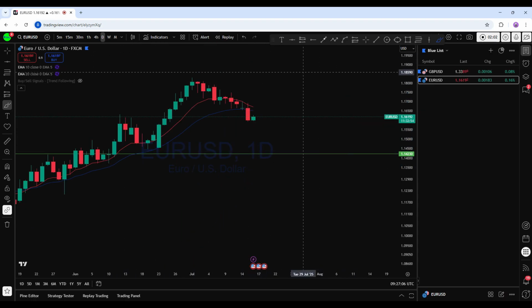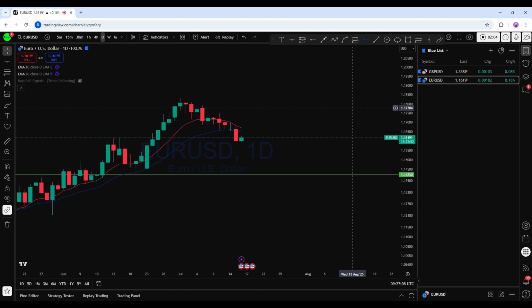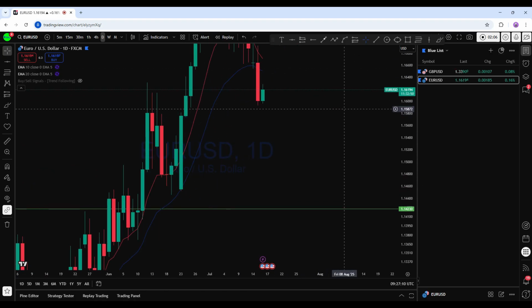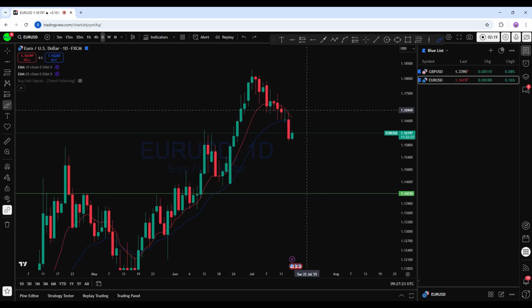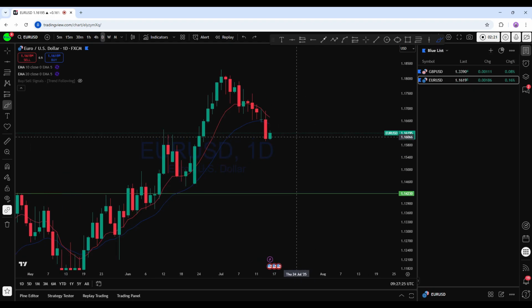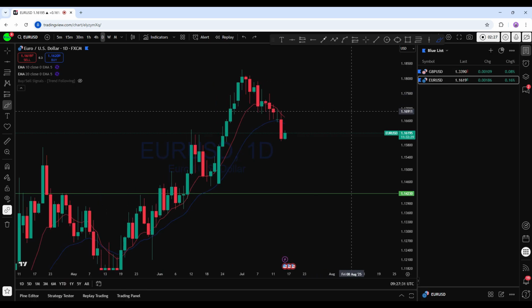Now if we look at the daily chart here on Euro Dollar, we can see that from the daily time frame, this is the daily price action where there is a daily bearish move, followed by this pullback, another drop, followed by this pullback. Whenever the market is coming here on Euro Dollar, it breaks below here where there is a liquidity grab, and then we can see from the daily time frame another bearish price action in that